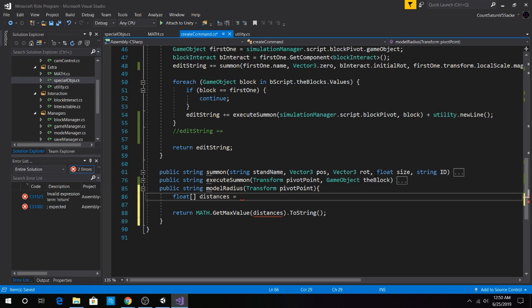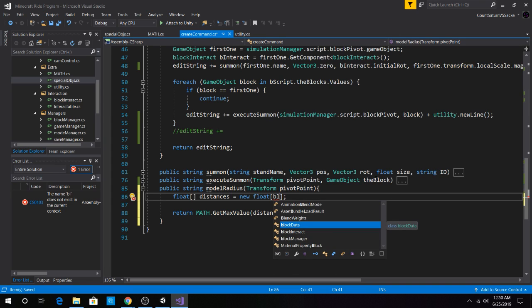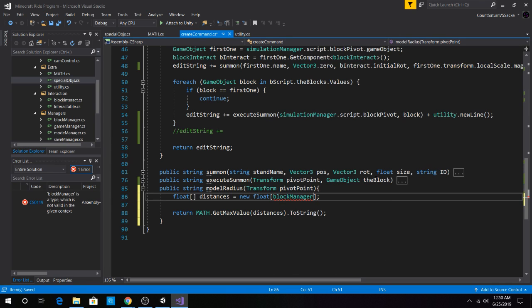Okay, then this one will be equal to a new array of floats, and this one needs to have the, we'll do block manager.script.theblocks.count,